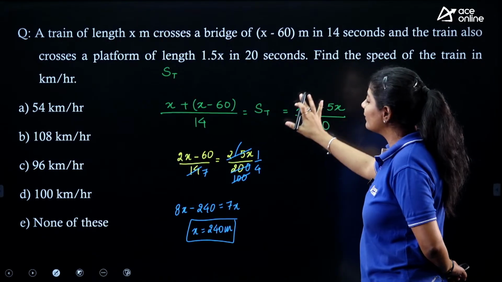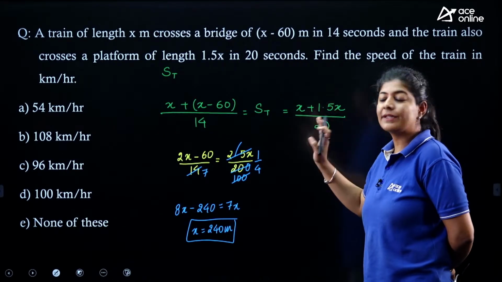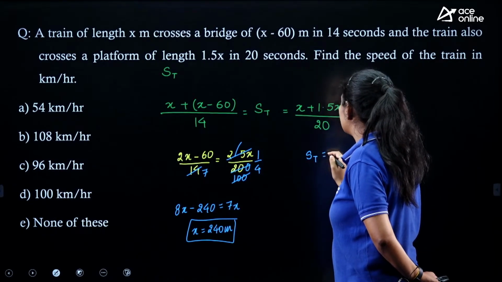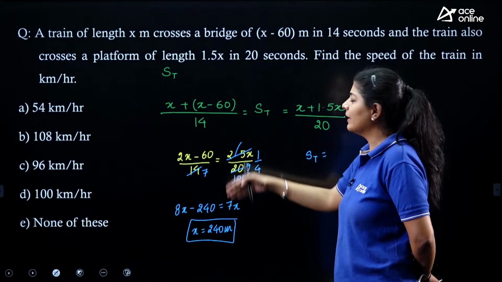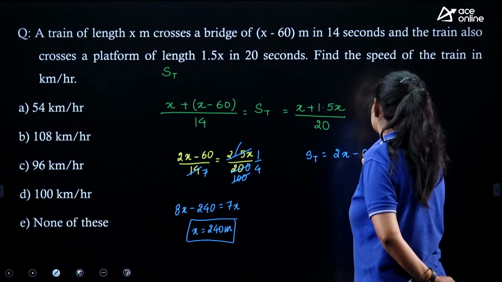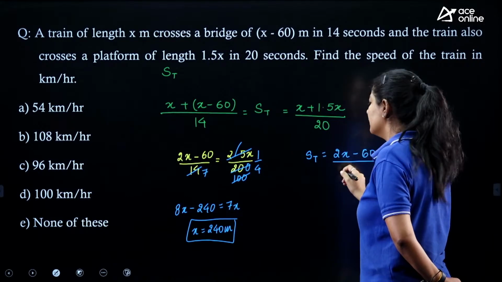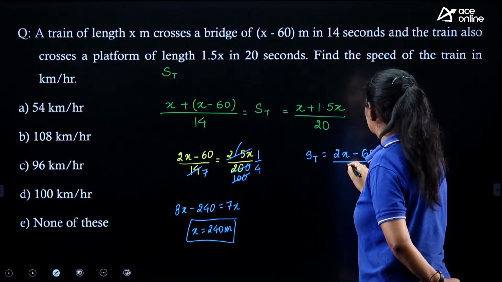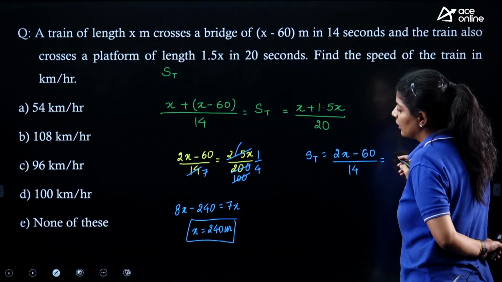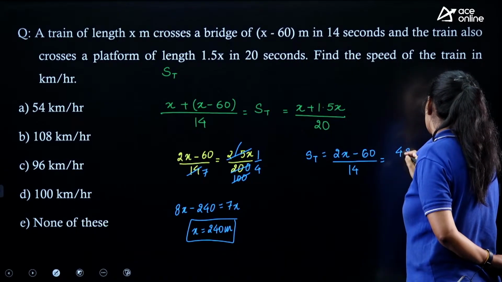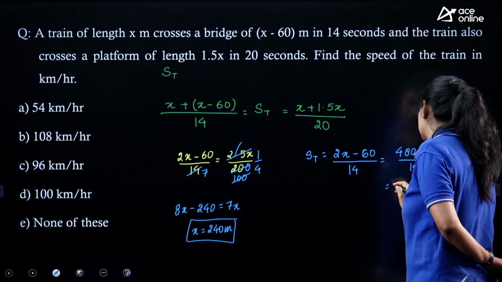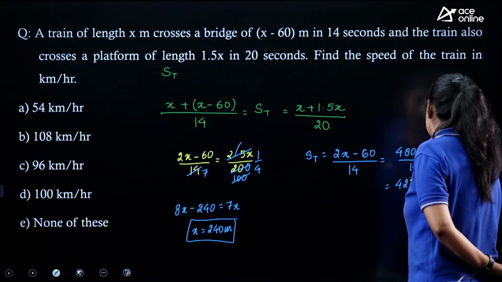If you will see, the value that we are using over here is meter per second. So we can say that the speed of the train, we can put the value either in this one or in this one. So here we can say that (2x − 60) divided by 14, right? We are having 2x, that means 480 minus 60 divided by 14, that is nothing but 420